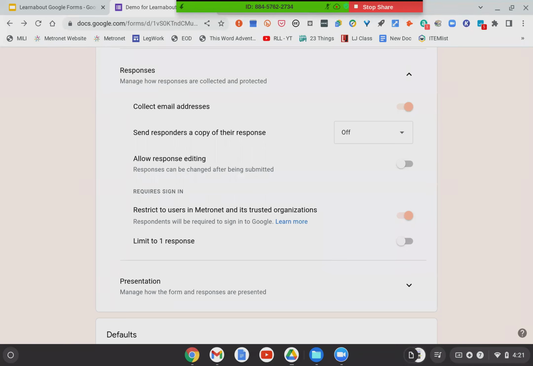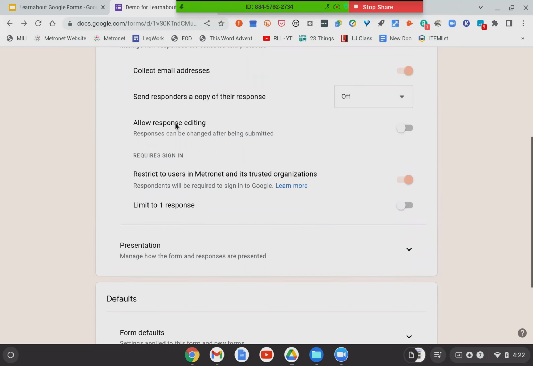If I'm just doing a quick survey, I don't usually bother with that. It really depends on the purpose of your form, if you want them to see a response. But if you do click on for this one, when requested or always are your options, they will get basically a full copy of the Google form. So every question and what their response was to each question.